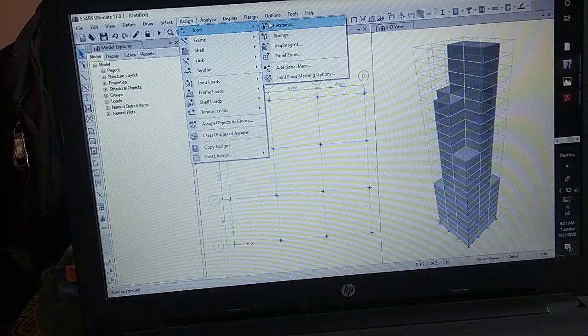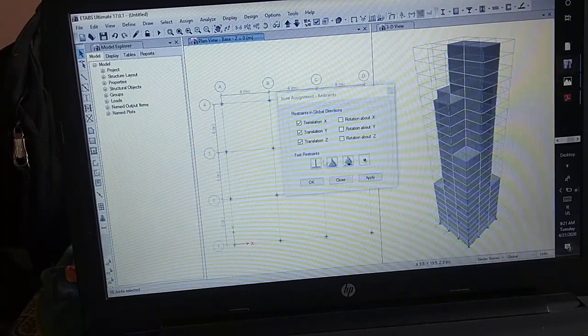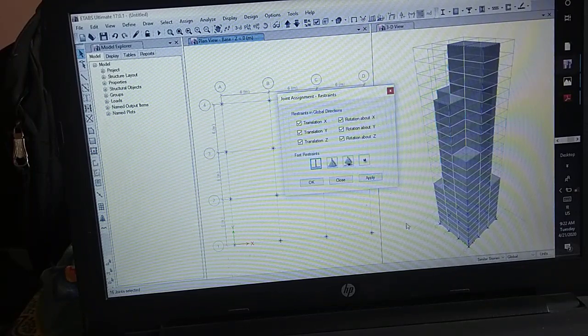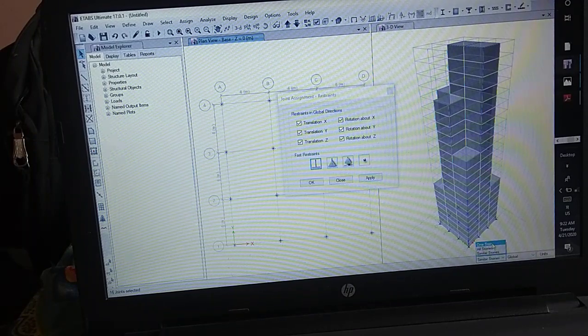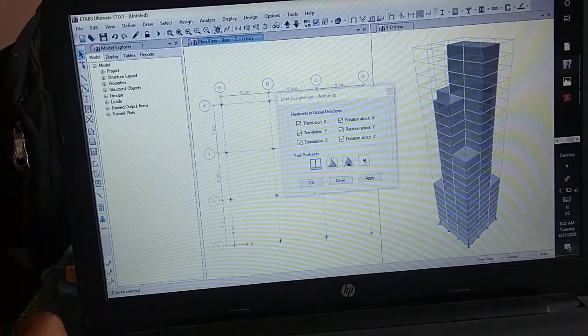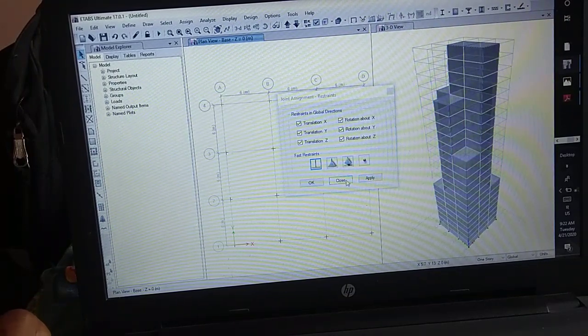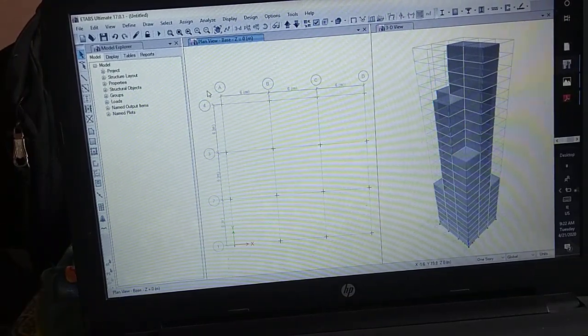We are going to fix it. So make sure that you have done one story. So close. We are going to do it again.